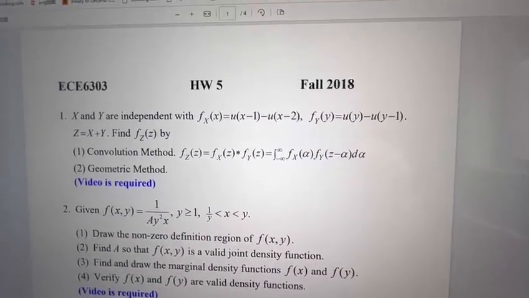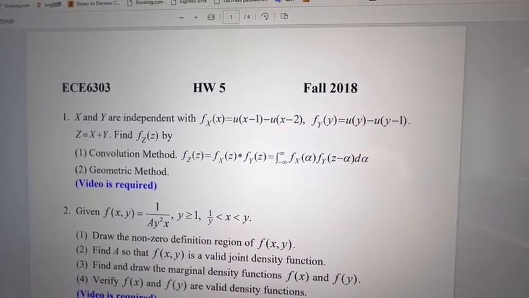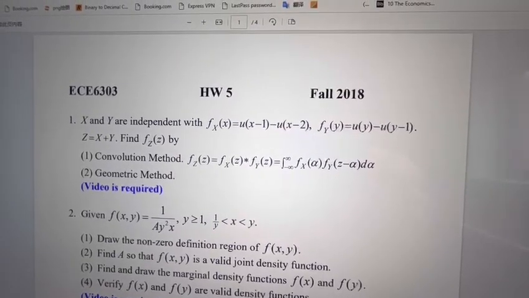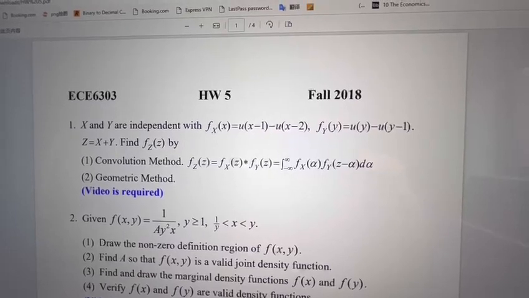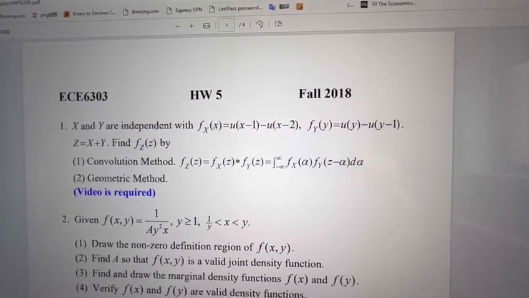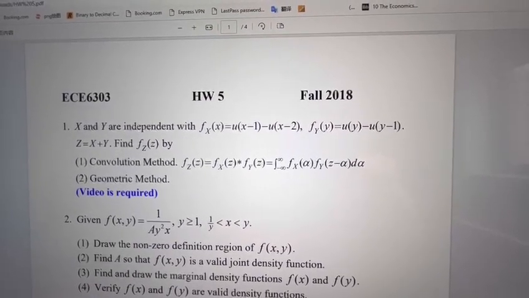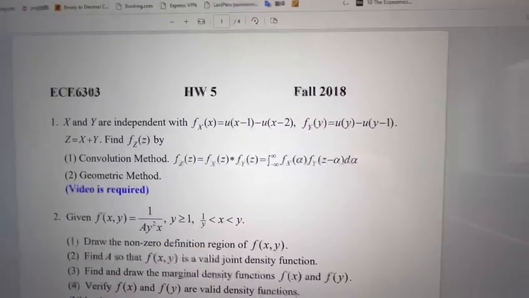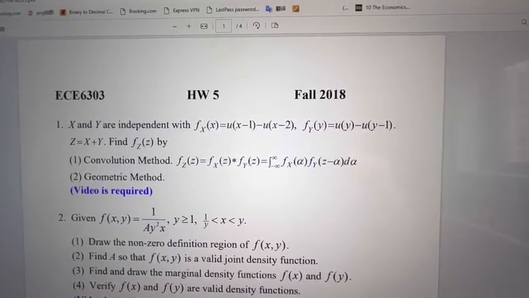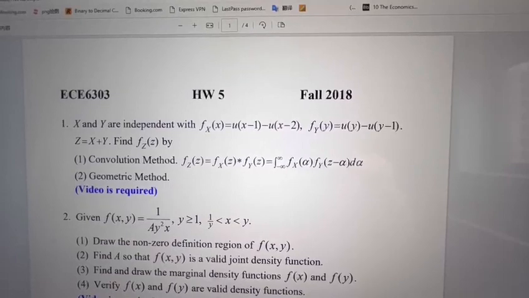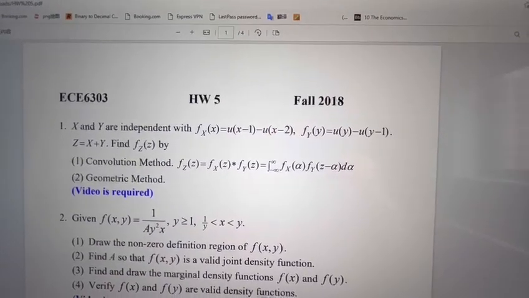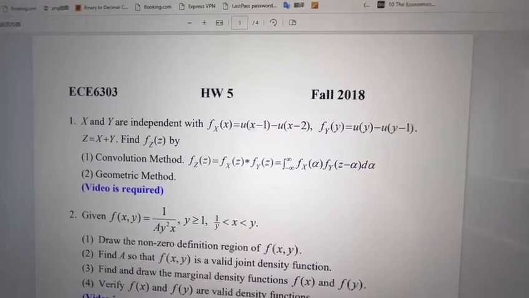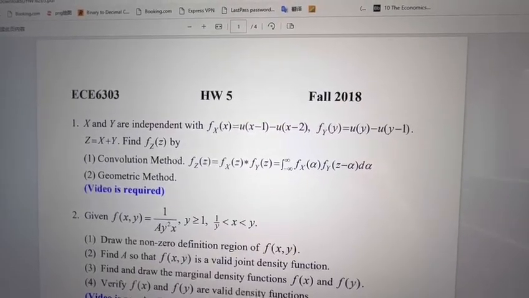So the question is right here. It offers us f_X(x) and f_Y(y), which equal to x and y, and it requires us to find f_Z(z) by two methods. First is the convolution method, and second is the geometric method. We're going to begin with the convolution method, and the question has offered us the equation to find f_Z(z),